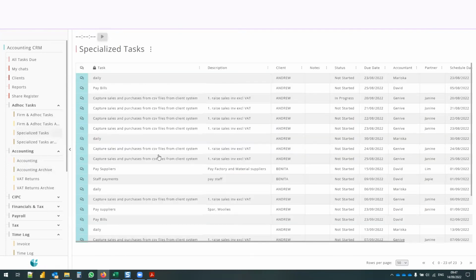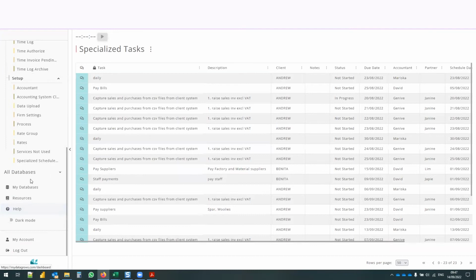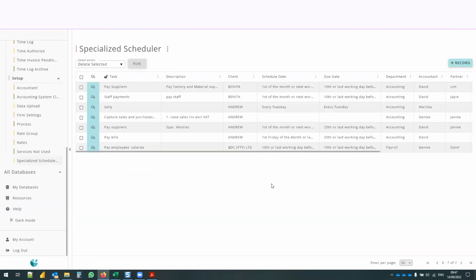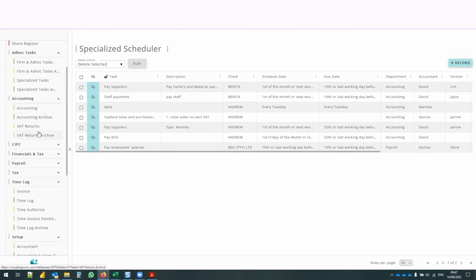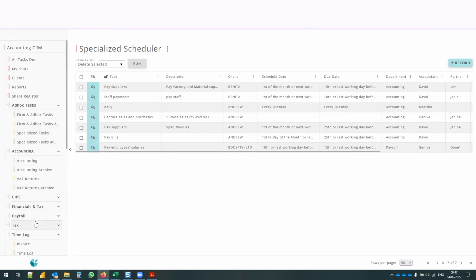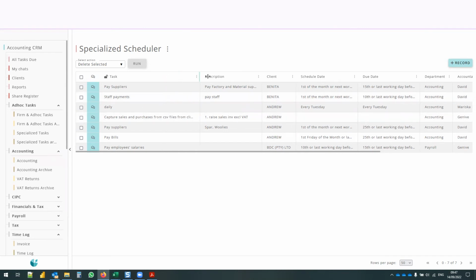We then have a specialized task table, which you set up. There is a setup table called specialized scheduler. So this is really our catch-all task table for anything that you want to be reminded of and we do not have a specific table for. So you will see some examples here like pay suppliers. You could offer that service to your client, pay staff on their behalf, raising sales and purchase invoices,